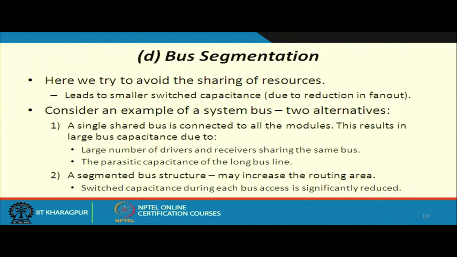Fine. And here the last method we talk about, this is quite interesting. This is with respect to the bus. We are trying to segment a bus. You see, what is a bus? In many designs, in particular the complex designs like a processor, where there are many functional blocks, they want to communicate among themselves. We define a bus, a common shared set of lines through which multiple blocks can communicate among